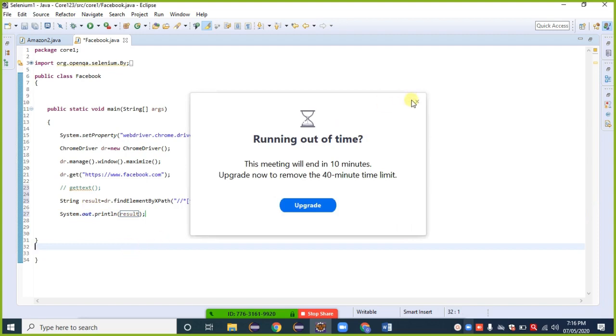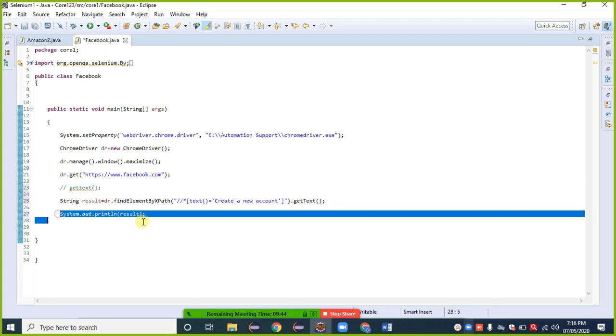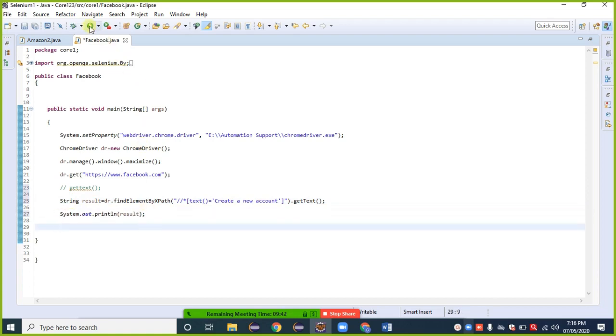What instruction am I giving? Driver findElement having this attribute, get the text of that element, save it inside result as a string, and print that result. Click on the run button.